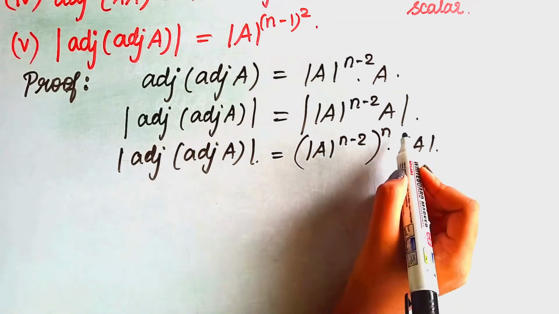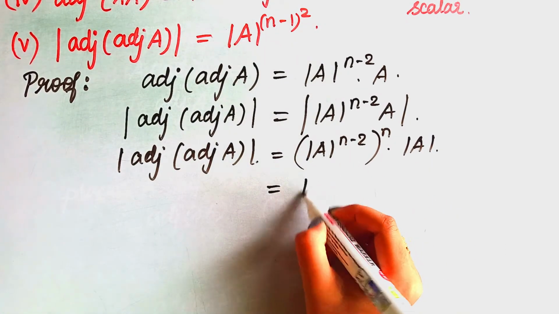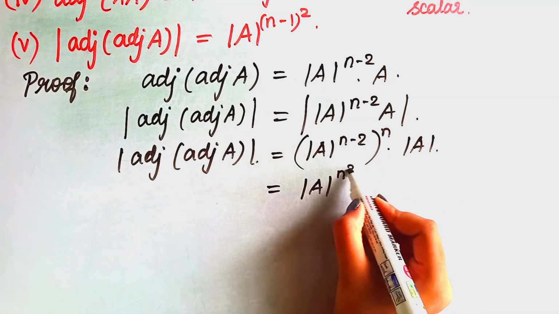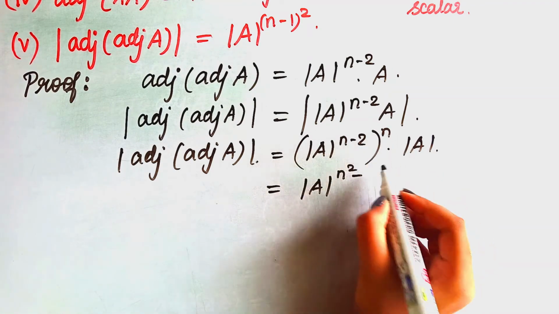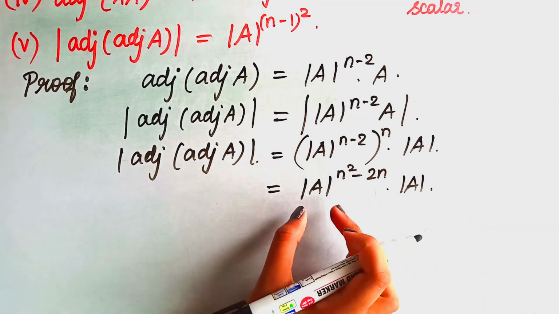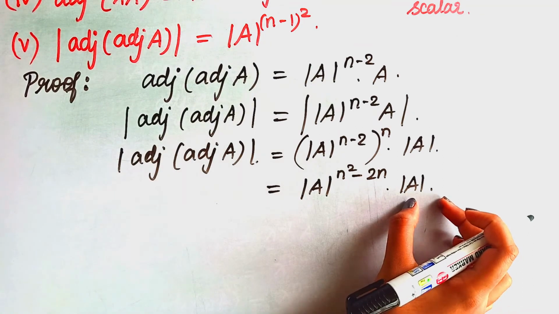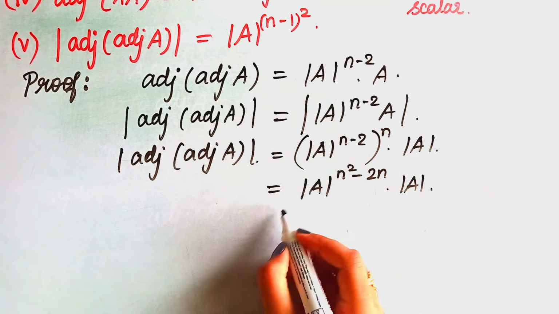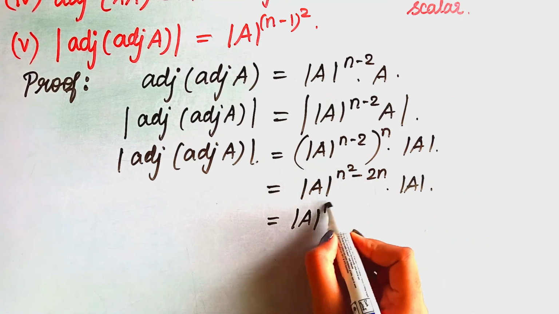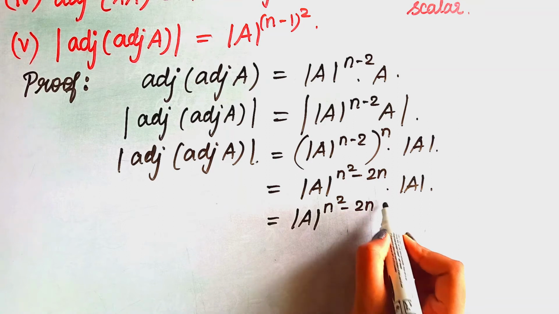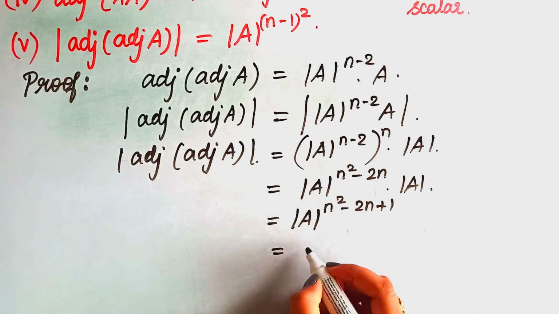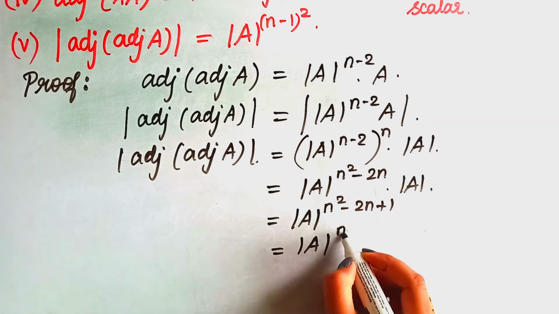Now let's multiply n inside, so that you will get determinant of A. If we multiply n into n, it will get n square minus 2 into n will get 2n and determinant of A. And now you can see that both the bases are equal, so that we can add our powers, right? So determinant of A, now we are going to add our powers, so that you will get n square minus 2n plus 1. So this is nothing but we can write this as determinant of A n minus 1